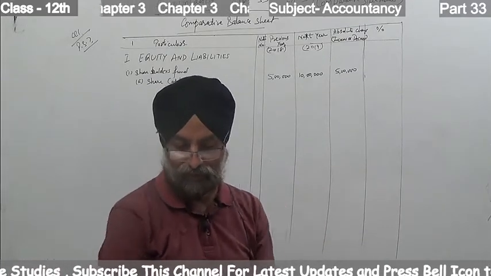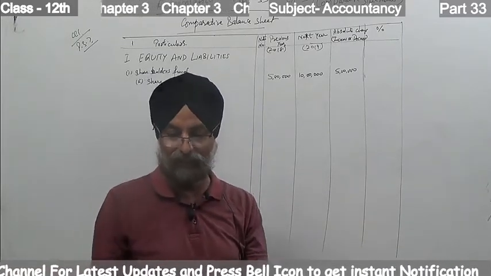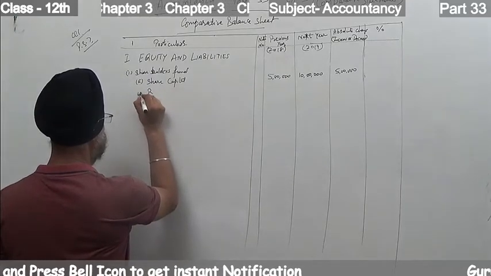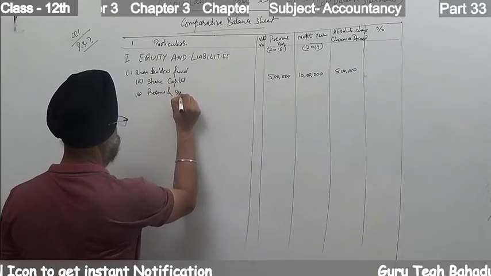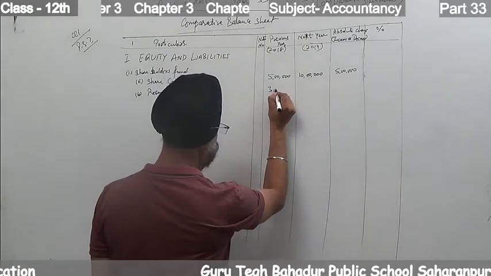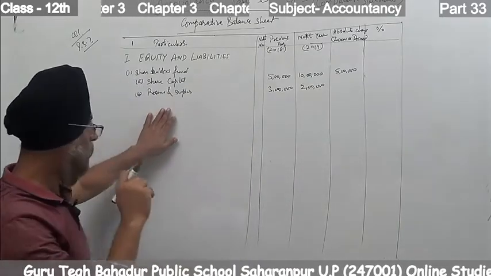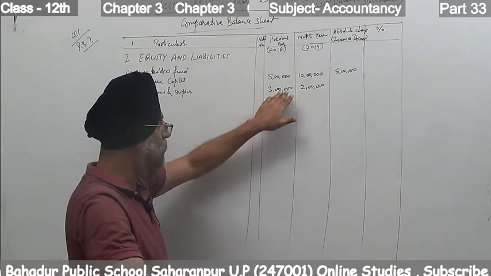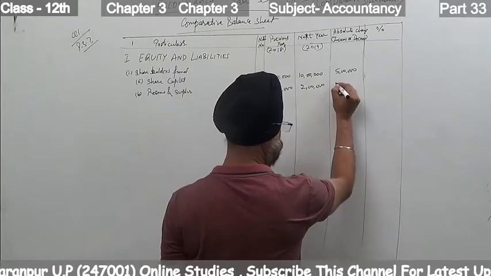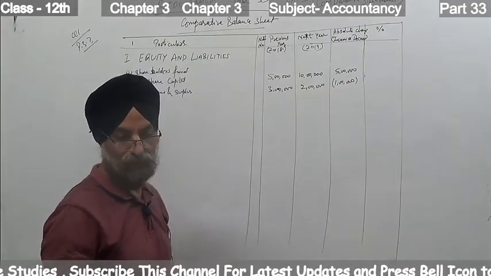Next, under the heading of shareholders' fund, the next subheading is reserves and surplus. It is 3 lakh in the base year and 2 lakh in the next year 2019. This is given in the question. Reserves we have 3 lakh rupees in March 2018, and at the end of March 19 it is 2 lakh. The difference is 1 lakh reduced, it decreased, it became minus. So put in brackets rupees 1 lakh. This bracket shows it is a negative value. Now come to next.